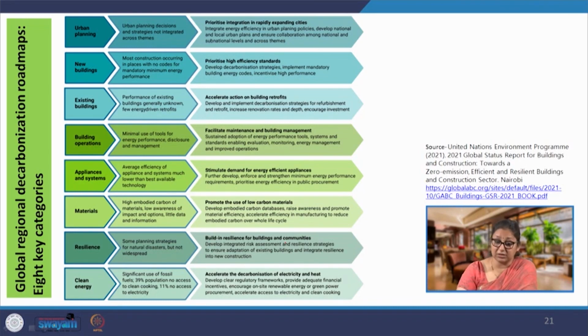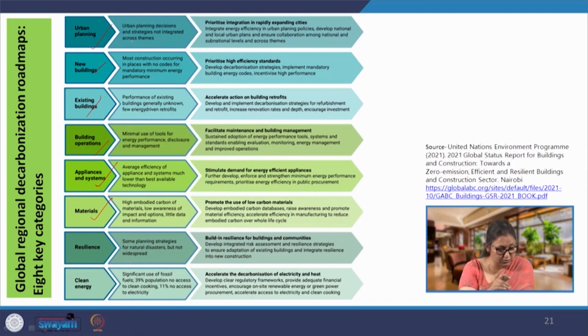It will be determined by urban planning, it will be determined by the materials that we choose. So, the manufacturing and material development sector will also be dependent upon the appliances and systems that we are using. So, we need to focus on each one of these: new buildings, existing buildings, building operations, how the buildings are going to be operated, what are the appliances and systems that are going to go into the buildings,